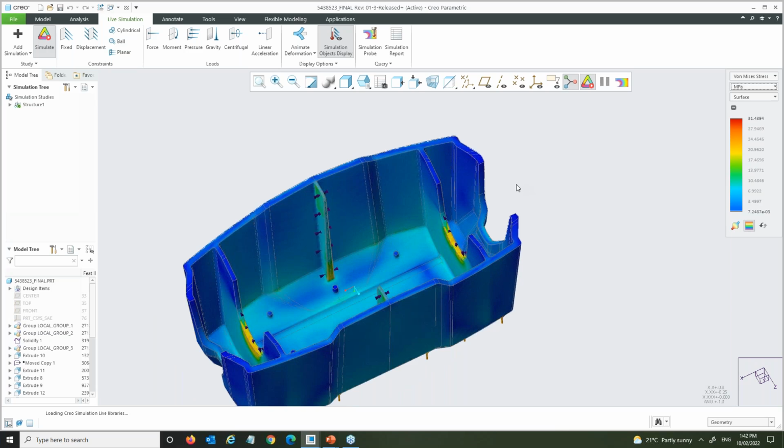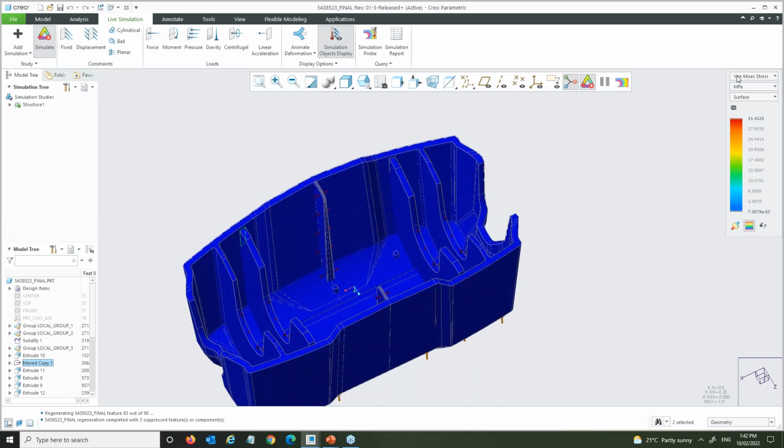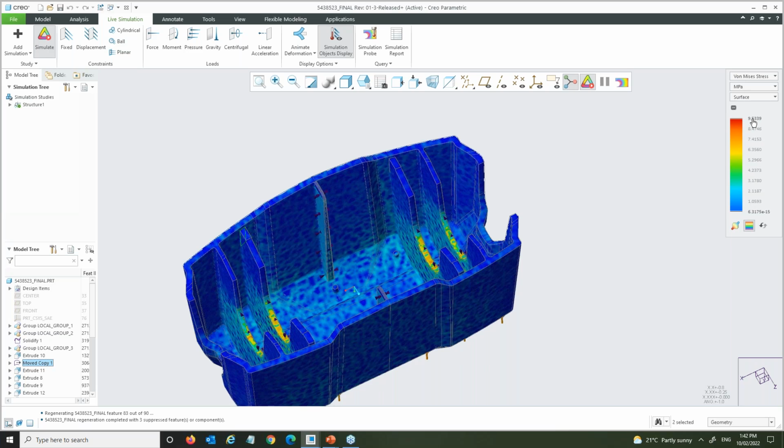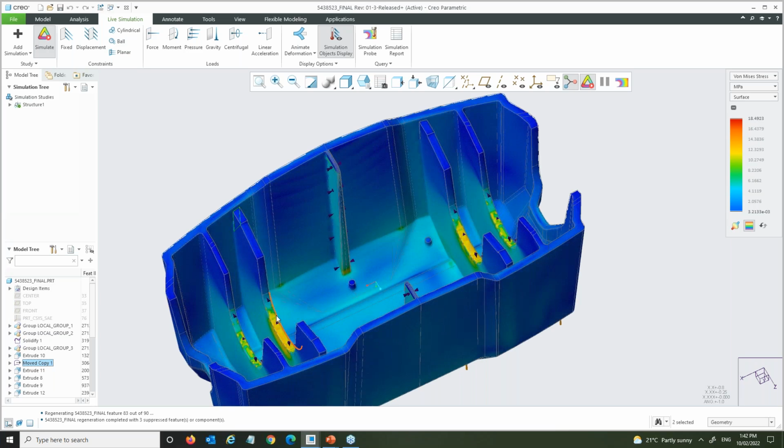Now what I'm going to do here is, if I do some design changes, let me just add another rib, same as what we have done before. I can come back and rerun that analysis again to see that the product quality is going to improve. From 31 megapascals, the stress concentration is now distributed between these two ribs, from 8 to 18, which is a